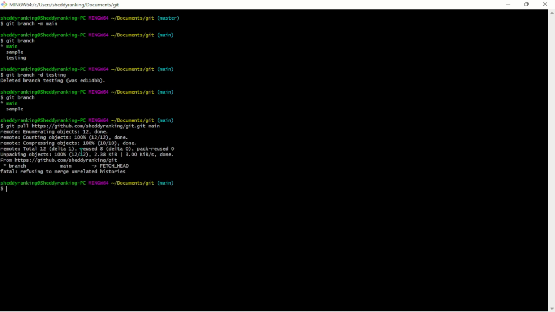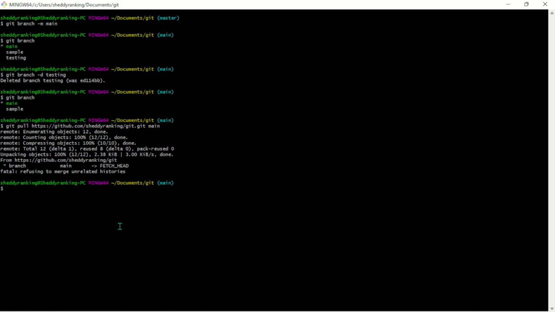So here you can see we have a particular error. The reason why we have this error is because we are supposed to create the empty repository and pull it offline before we start committing things to it. But here, this repository was created and we want to merge it to a new local repository online. So if you ever run into errors like this, you can see fatal, refusing to merge